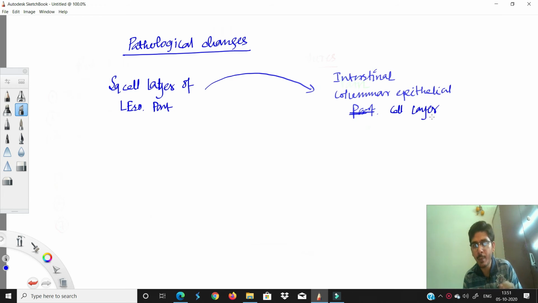So the lower part of the esophagus lining changes from simple squamous epithelium cell layer to intestinal columnar epithelium cell layer,